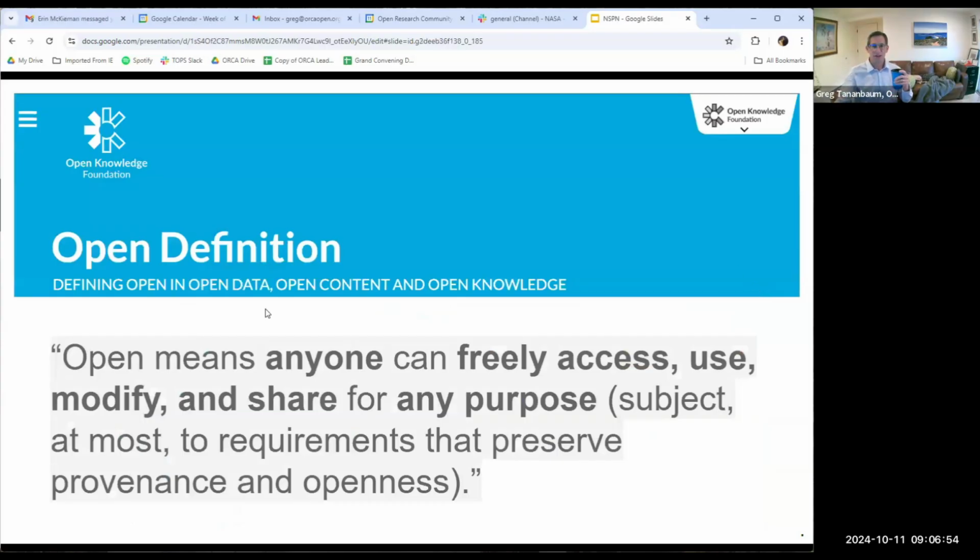Just in terms of a definition and how we think about open, it really means that anyone can freely access, use, modify, and share for any purpose the science, right? So the idea is this is created in a way that is not meant to be siloed. It's not meant to be held closely so that individual value can be extracted to its fullest. It's the idea that science and knowledge is a public good and can really be used to the benefit of not just science, but society if we're intentional about our design. And obviously the ramifications for policy are pretty dramatic as we'll go through.